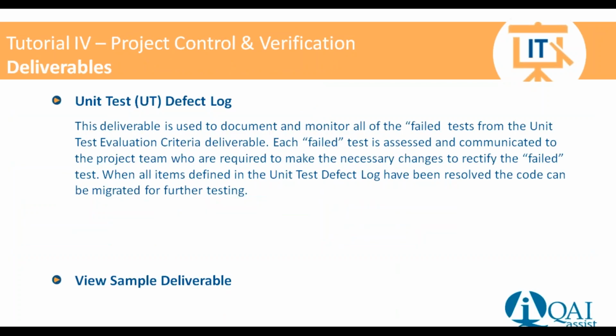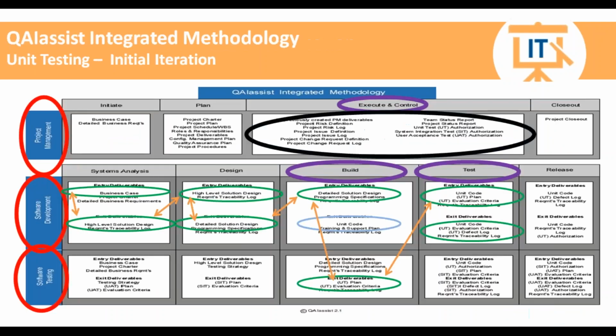Essentially, the defect log is just going to lay out what the test was for the program, what the expected result was based on the evaluation criteria, what the actual result was based on running the test, and the problem or hiccup. For the sake of time, I'm not going to get into it. It'll be much the same for the system integration testing and units. The idea is, though, that we have to document any hiccups that we've had that deviate the expected result from the evaluation criteria and the actual results from the testing.